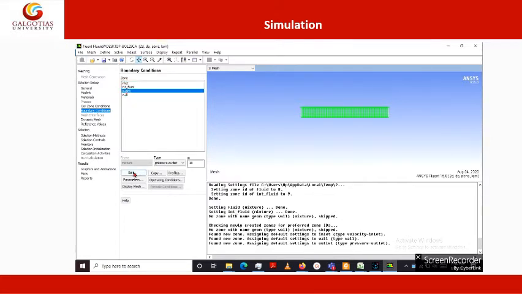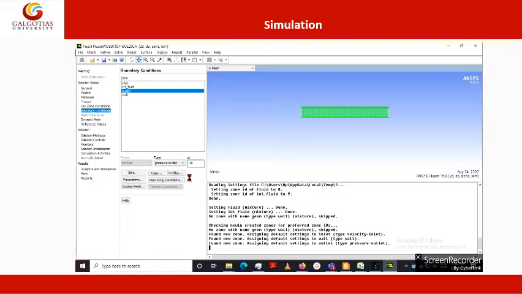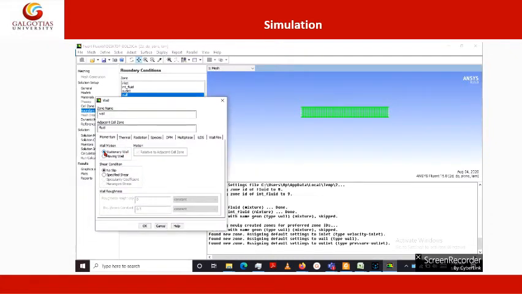Outlet, so we will assume that the fluid flow is exiting at atmospheric pressure from the outlet, so the gauge pressure should be 0. Click OK. At the wall, the type of the boundary condition is wall. So you can see here that the wall is stationary and the no slip condition is applied at the wall. Click OK.